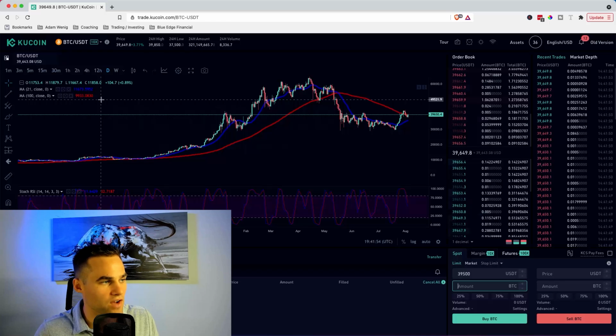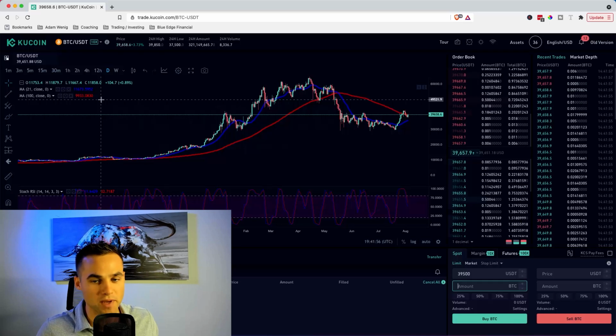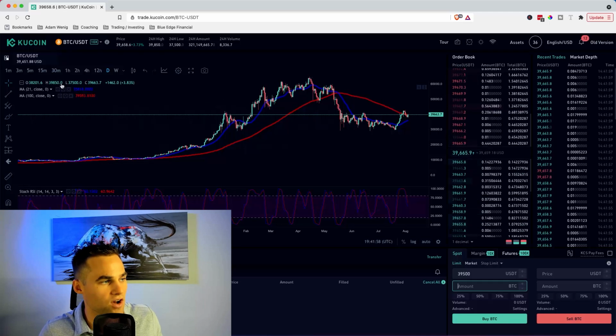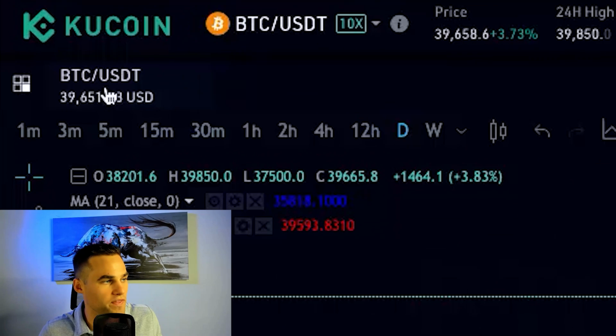Now, the last thing that I'll cover here before getting into the two best beginner trading strategies is I'll actually get into explaining to you what this means up here. So you can see this is a cryptocurrency pair, meaning it says Bitcoin USDT. USDT is what's called Tether. It's tied basically 1-to-1 to the US dollar. So you can think of this as just US dollar.